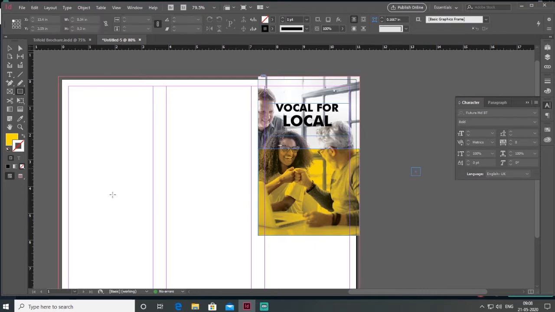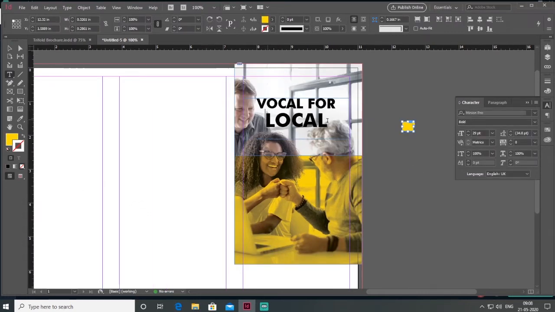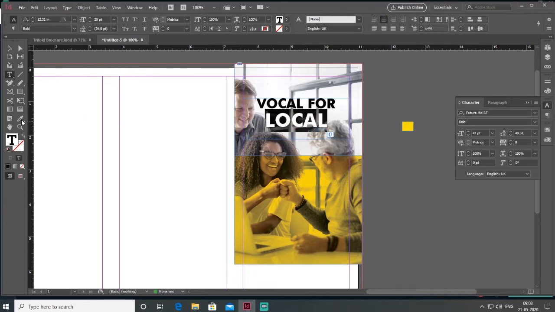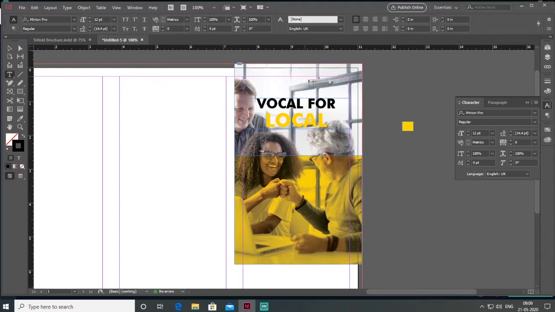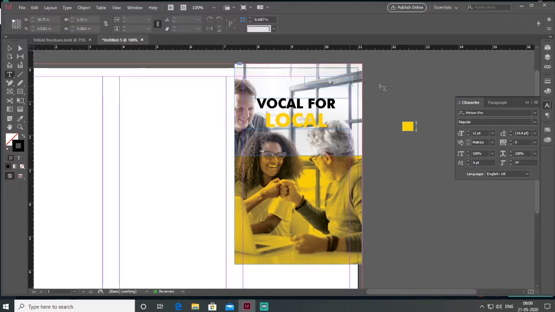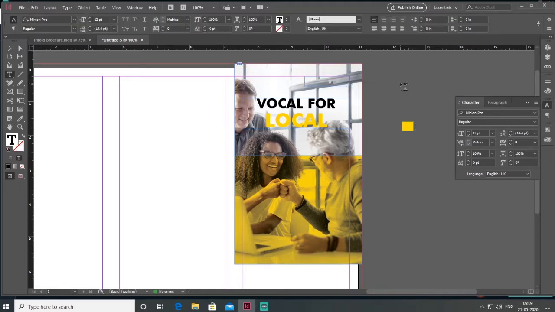So I make a rectangle, then I select "local only" and go to the Eyedropper tool and just click here to change the color. And at the top of my page I want to apply my logo.